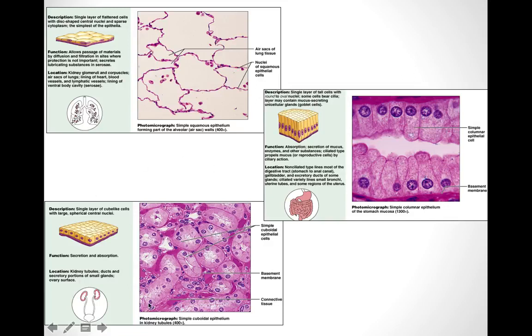On the bottom left-hand corner, what you're observing is simple cuboidal cells. Cells that appear to be square-shaped with one nucleus, so a single layer of cells. What you're viewing here as these circular patterns are basically found in your body. This is a sample of your kidney for simple cuboidal cells. So this is basically four simple cuboidal cells that have come together to form